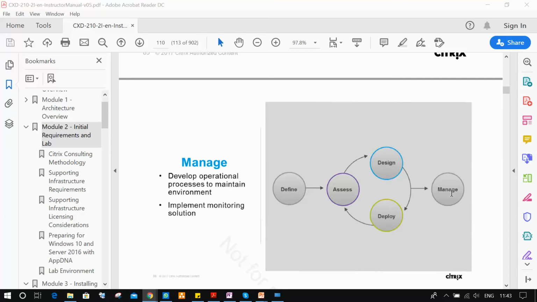and the setup is already there, and currently the users are accessing applications on desktop. So you keep on maintaining it. That means checking whether applications are properly working or not. If applications are not properly installed, you have to uninstall and reinstall them. If applications are older versions, we upgrade to new versions. If users are facing any application and desktop connection issues, we have to troubleshoot them. These are the things you have to do. That is called management. So from the define to management, the entire process you should not break. If you break any process, production is not good.